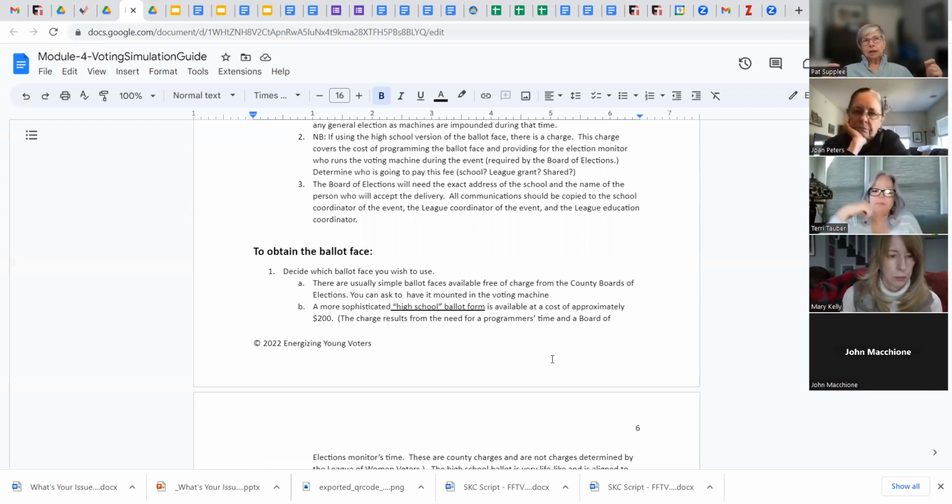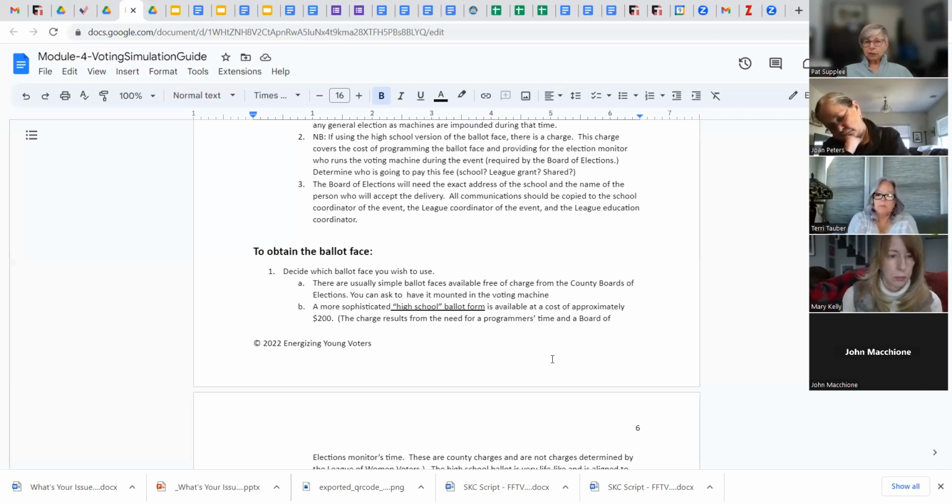Most of the counties that I've worked with have provided transportation of the machines to the site and a monitor at no charge to the school district. But I let the school district know ahead of time that there could be a charge for that. And I let them know that if the school district doesn't have petty cash that can pay for it, and generally we're talking $200, $250 range,